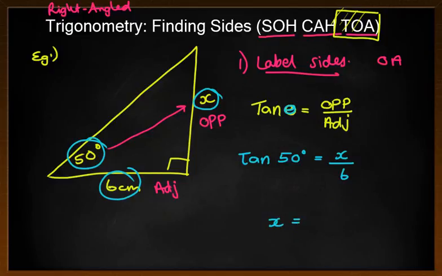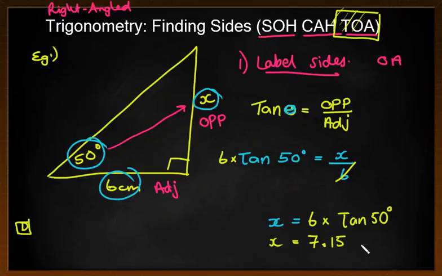So if I want to isolate just the x by itself, that means I want to get rid of the divided by 6. Well, the opposite of divide by 6 is times by 6. So we can say x is equal to 6 times tan 50. Now what we can do is grab our calculator out, and make sure that it is in degrees mode. It should have a little D at the top of your calculator, otherwise it won't calculate it correctly. And we're going to type in 6 times tan of 50. You don't even have to put the degree sign. You can put the degrees if you want it there, but we don't have to. And it comes up with